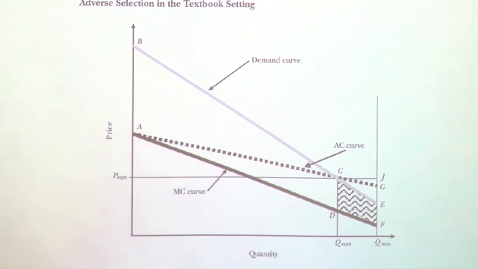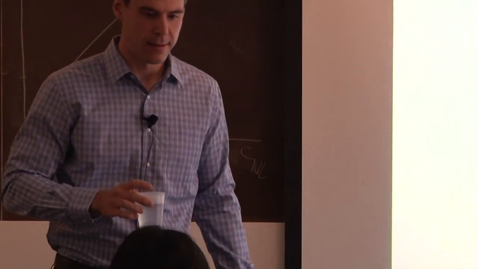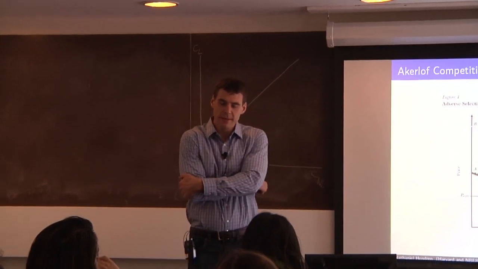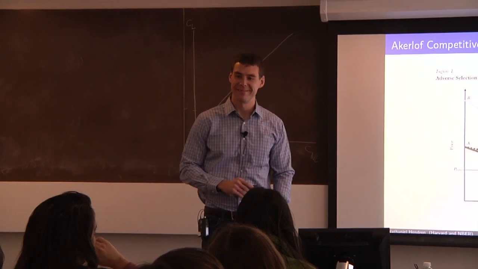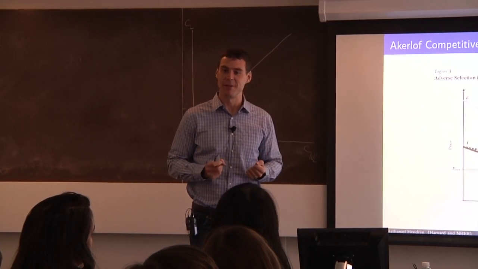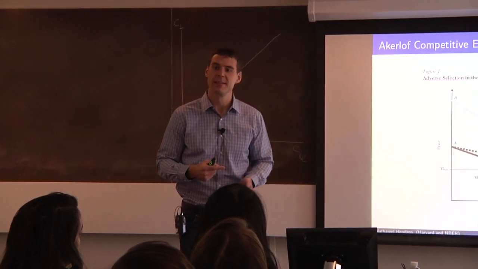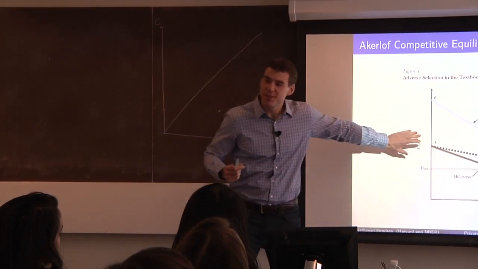No. So usually you think that in a competitive equilibrium, demand is equal to the marginal cost. And here you explain why they don't set the demand equal to the marginal cost. That's right, and that's exactly right. In a standard world where there's no information problems, we think that you can set prices equal to marginal costs, right? Now, why can't you do that in a world with these information constraints?